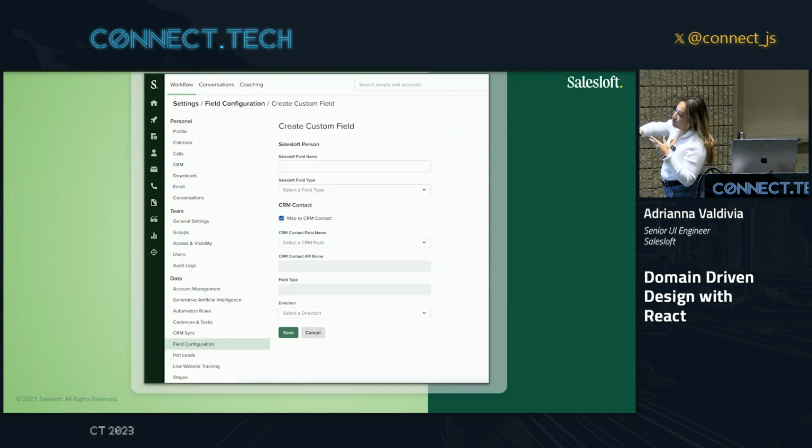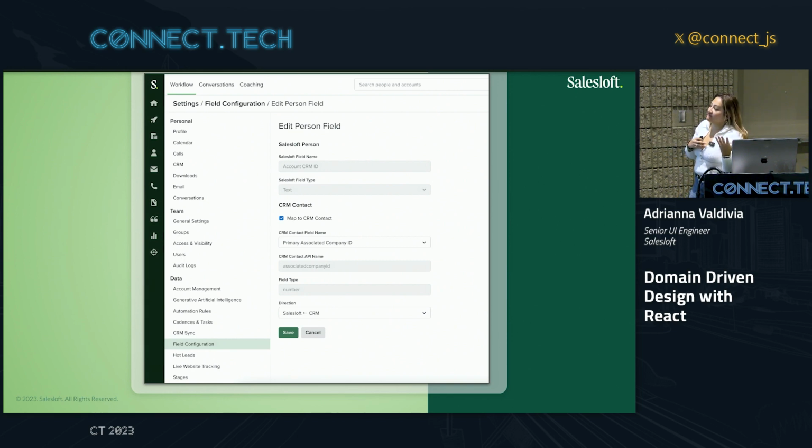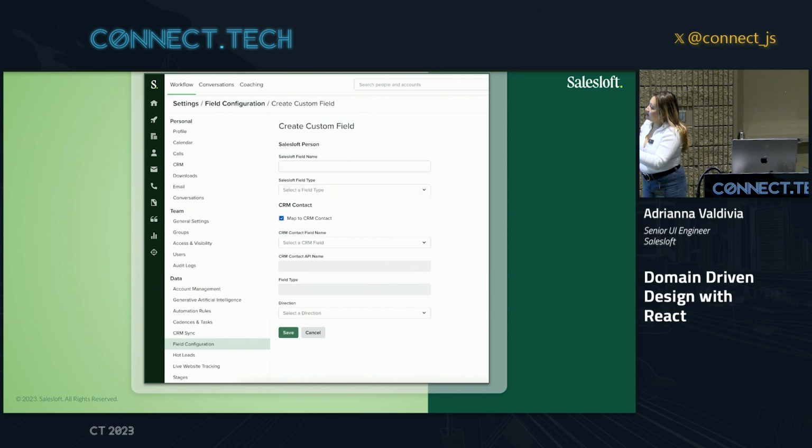This wasn't there before. It used to be like a modal that popped up, and then we had to make it a little bit more complex, and it gets even longer as you start making more changes to the form. And then this is just the process of what it looks like when you're editing an existing field. So these right here, if I go back to this,